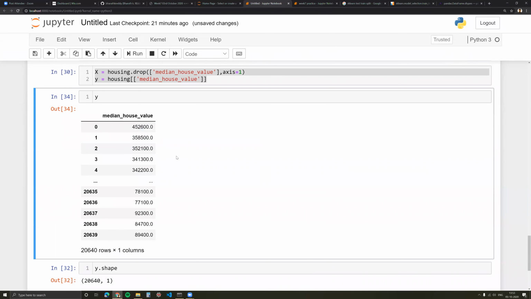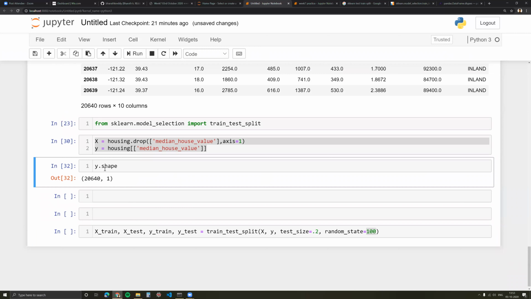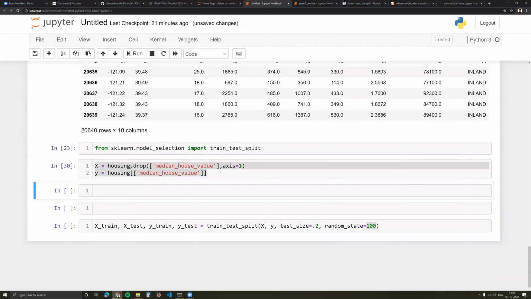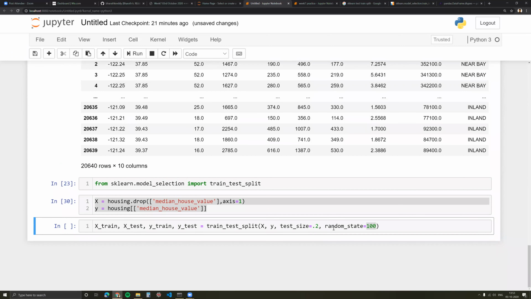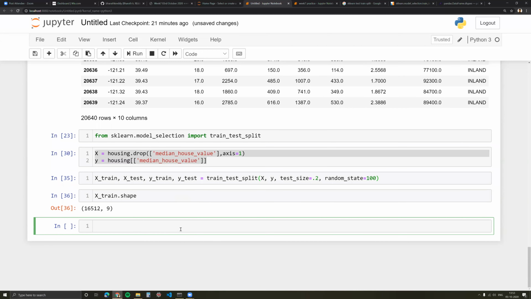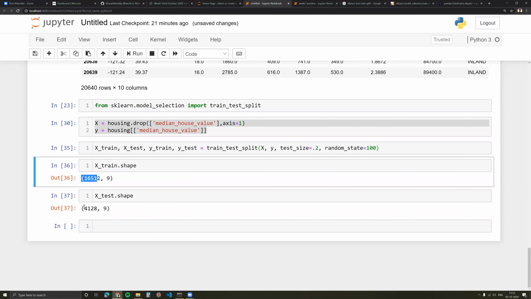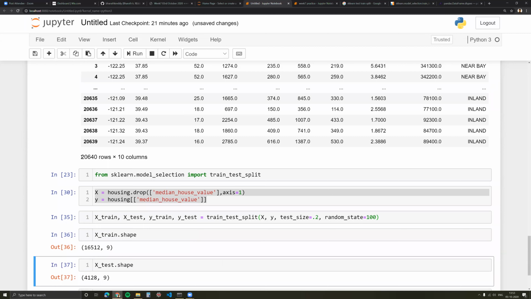Now we are going to pass this X and Y to our test train split and let it split the data set into two parts. X train, 16,000, 4,000, 20,000 sounds about right.